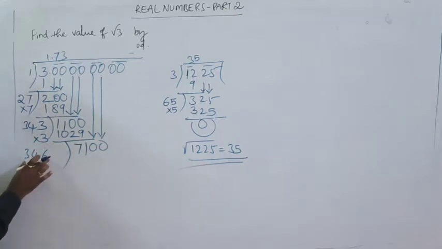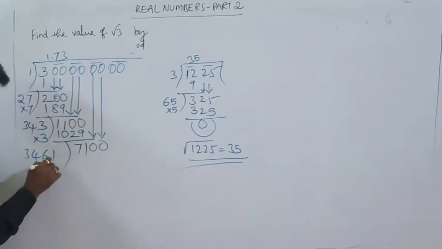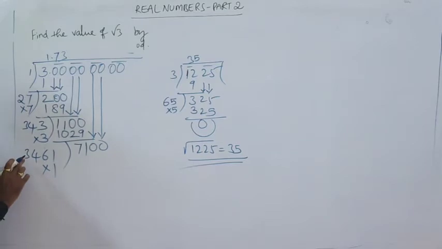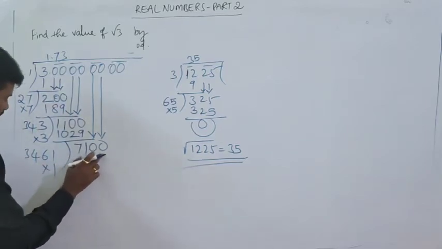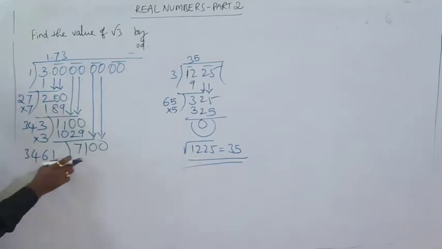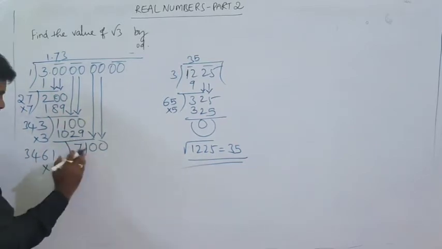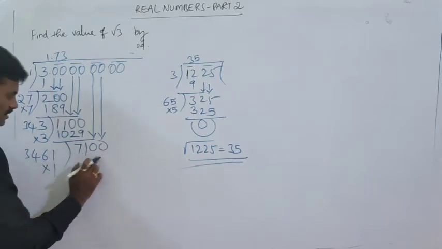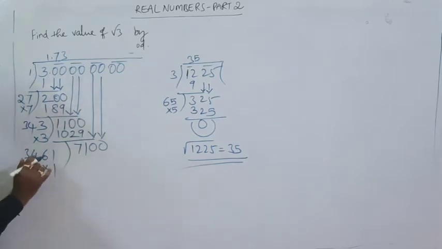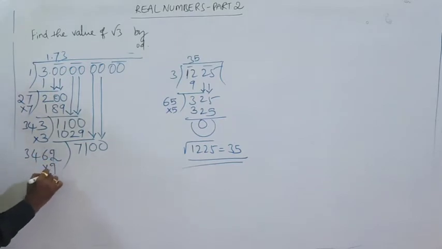Now after writing 346 here, I have to consider a digit here. This is the procedure. Yes. So what number do I have to take? For example, if I take 1, I have to multiply by 1 itself again. 3461 into 1, 7100. Is it satisfying? Very far away from 7100. So shall I take 2? Let me check with 2. Yes, 2 3s are 6. So 6000 I am getting. Yes, it is a suitable value here.